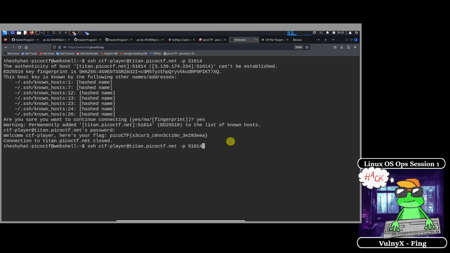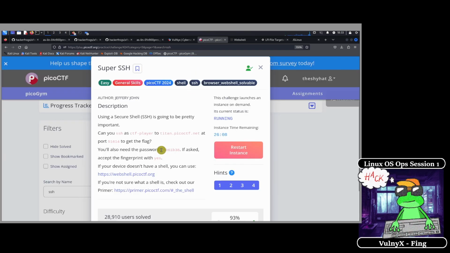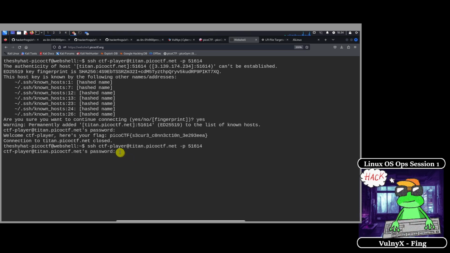After that, you should be able to hit enter, and then it's going to ask you to continue connecting. Type yes, and then it's going to ask you for the password. Grab the password from over here, copy, and then paste in the password.